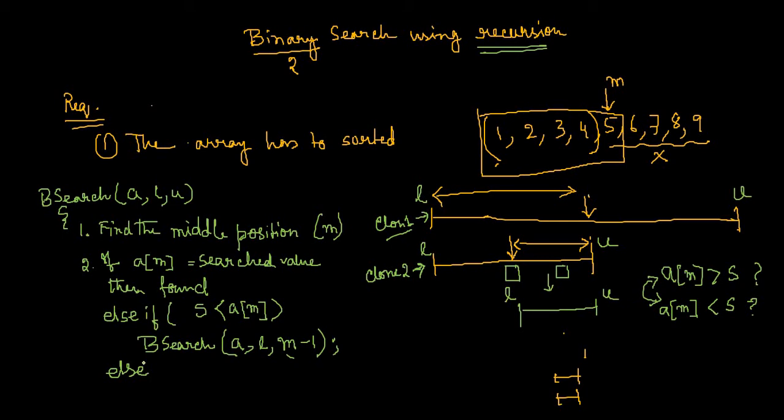So else means surely the search value is greater than A of M. Now if the search value is greater than A of M, then what does it mean? So you are minimizing this search space to this part. Now you see, if you compare these two scenarios, what's happening? Actually you are keeping this U same, rather you are adjusting this L. That means the new binary search function that we will call,